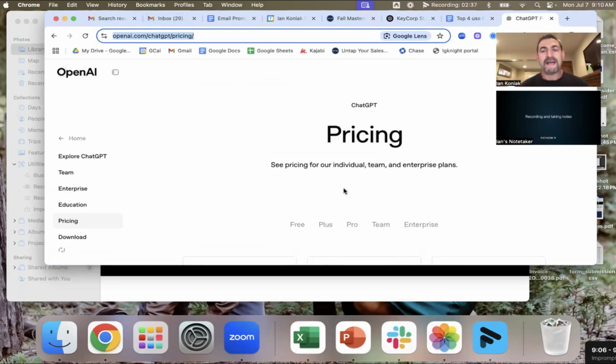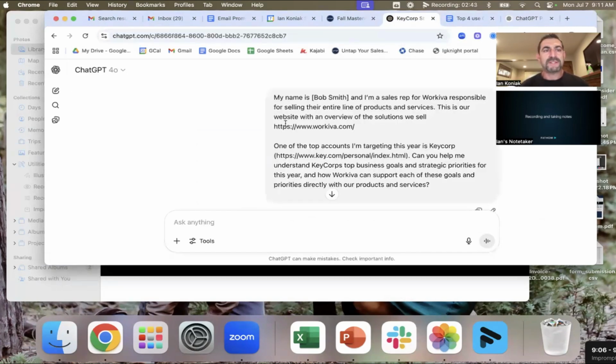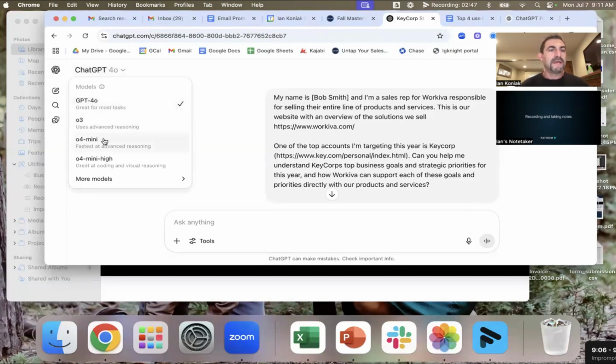You have to have that to be able to do what I'm going to show you. And the second thing is you have to actually be using the 4.0 edition. There are different models, so make sure you're on the 4O. This is the most well-rounded, most general model that I've been using for specific deep research and advanced training. So let's get into